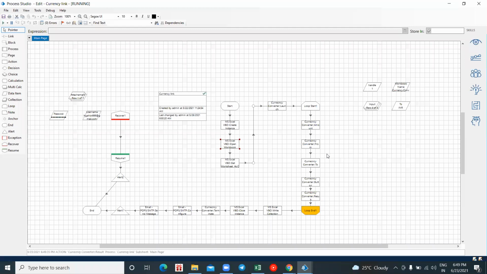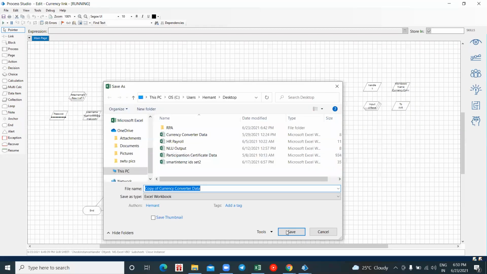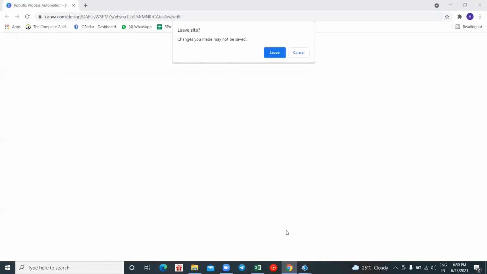So here you see my 4 rows have been done. It returned to my Excel file. It will save and close the Excel file now. Yeah, so I don't have an edit option. That is why it gave a pop-up to me. I'll just click on save. So here you see it has closed. It has closed all the tabs of my web browser.